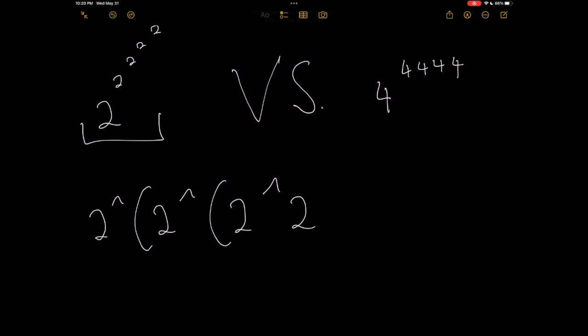To the 2 to the power of 2 to the power of 2 to the power of 2 to the power of 2. Right, that's right. So this would be